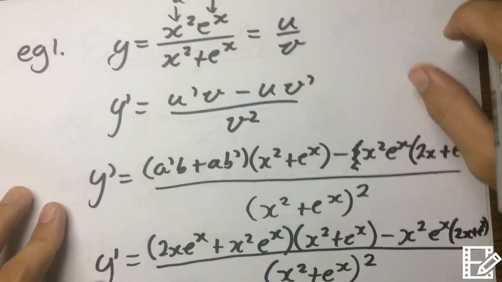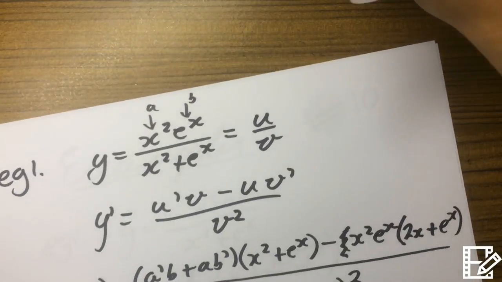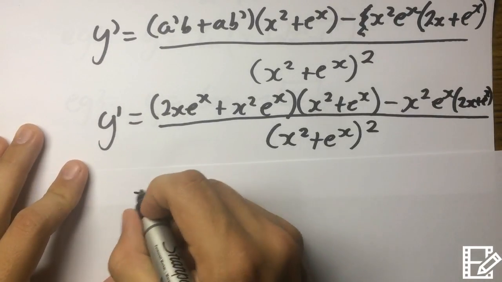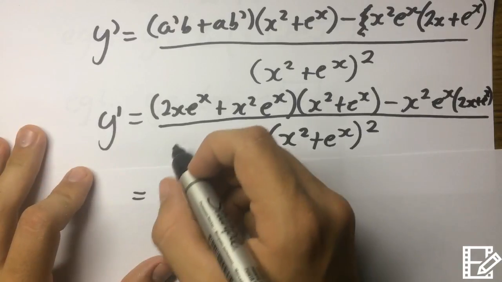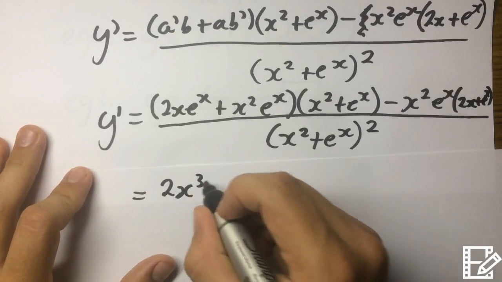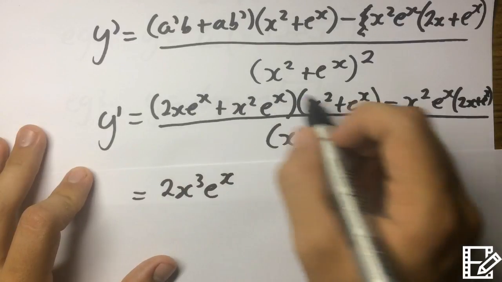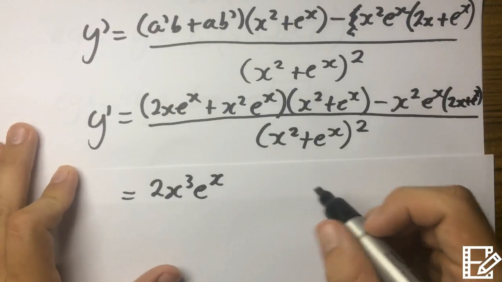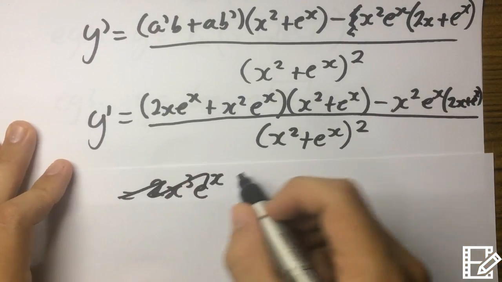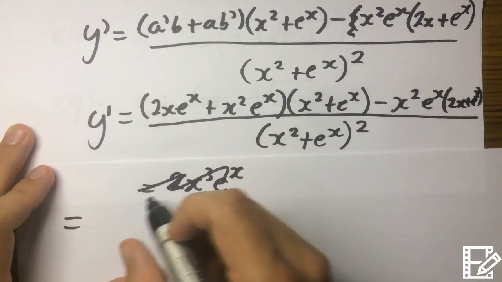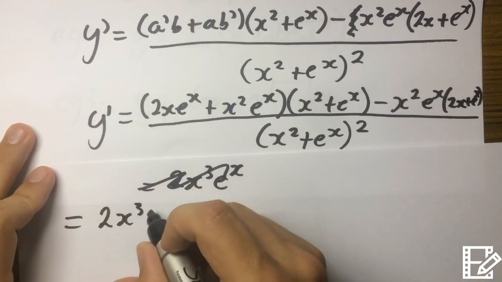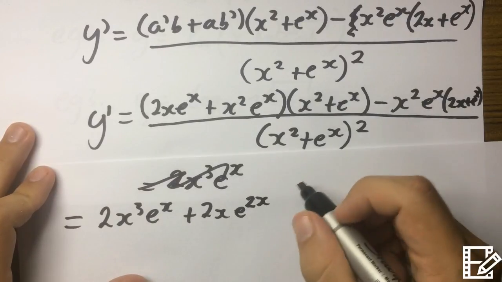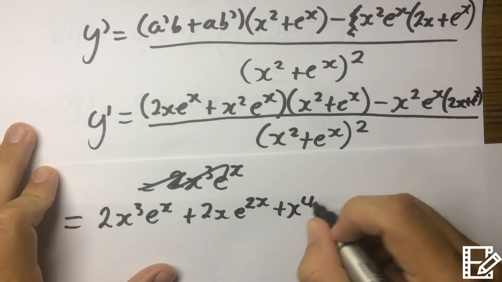Okay, now we're going to do a bit of simplifying. What I'm basically going to do is expand the brackets. So we're going to expand this out, and we're going to get 2x to the power of 3 e to the x. You should be able to expand things out before you start learning derivatives, because this is basics. So expanding out, 2x to the power of 3 e to the x plus 2x e to the power of 2x plus x to the power of 4